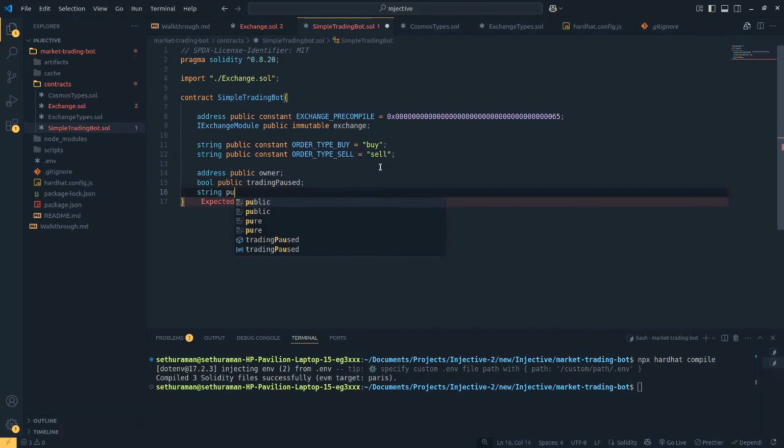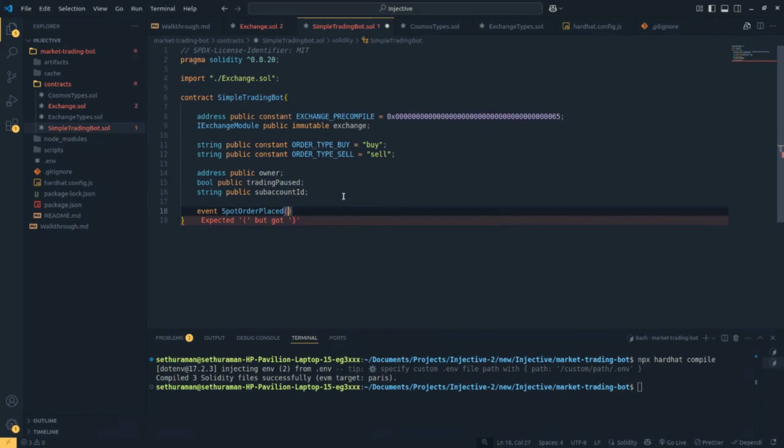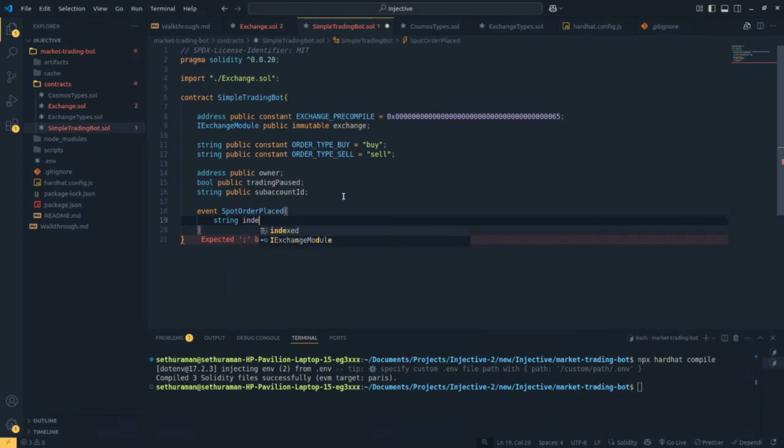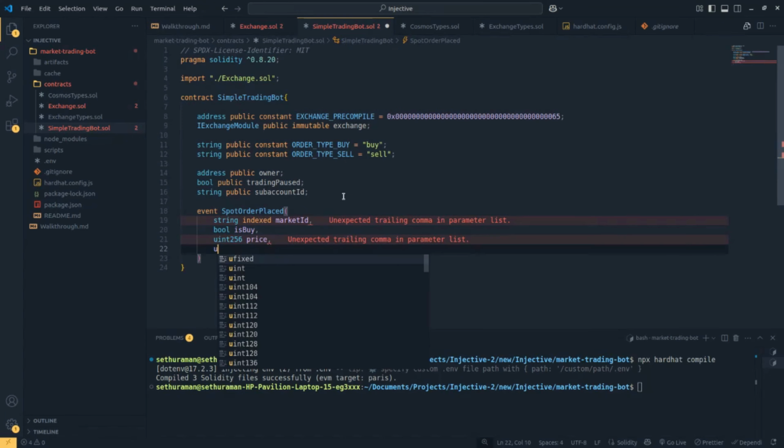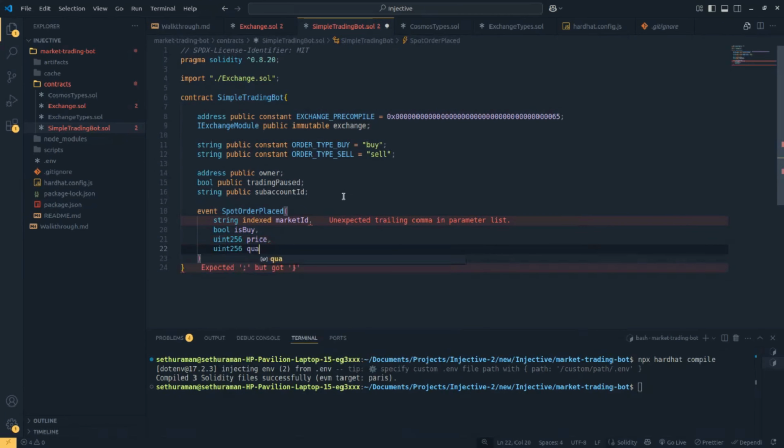We also need an event. When we place an order, we need to share certain things, including the order hash, which is like the ID for the order. So we'll create an event called SpotOrderPlaced, and it will have string indexed marketId, which is the thing that I showed you, bool isBuy, uint256 price, uint256 quantity,